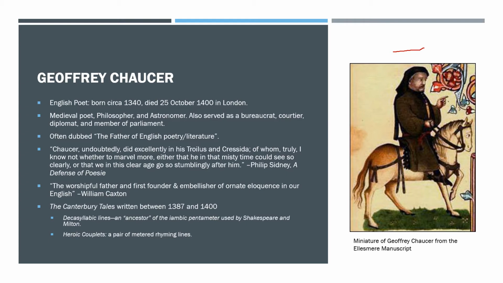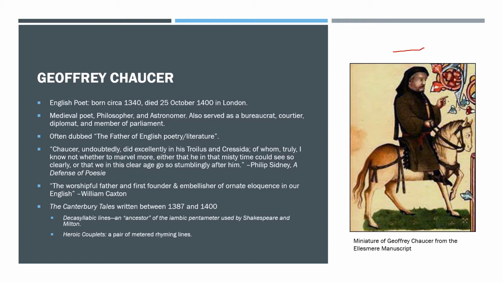He's also attributed to being kind of a philosopher and astronomer. He very famously and very importantly translated the Consolation of Philosophy by Boethius from Latin into the English vernacular, which opened up some educational doors for people who weren't versed in Latin, which was kind of the official language of the church and education at the time, so the common folk wouldn't have known Latin for the most part, except what they picked up from church services.